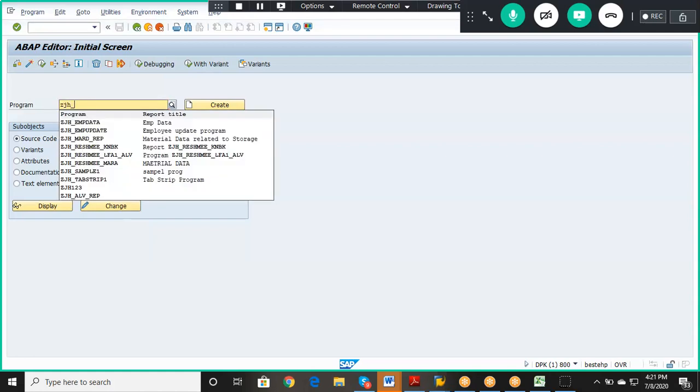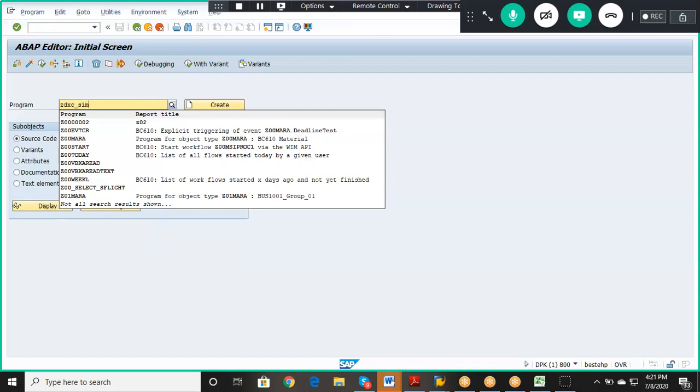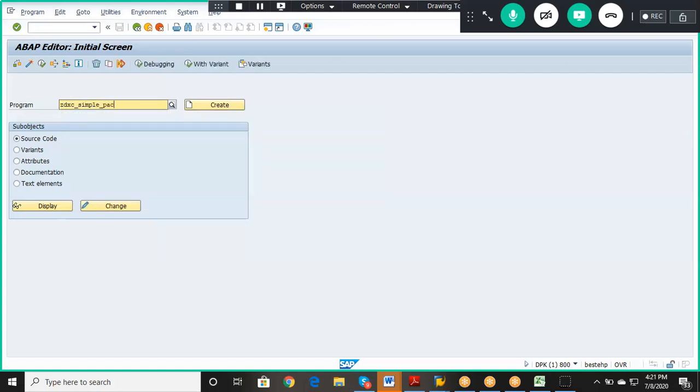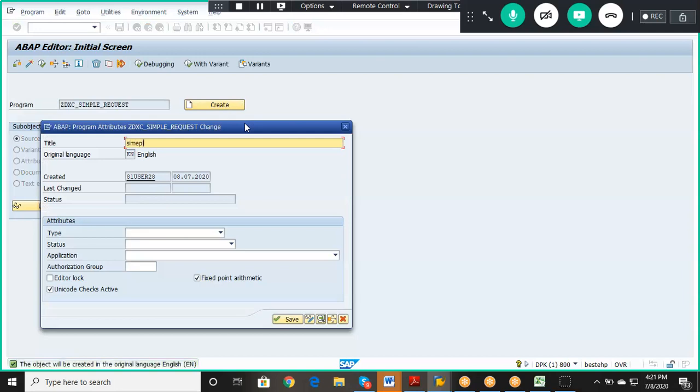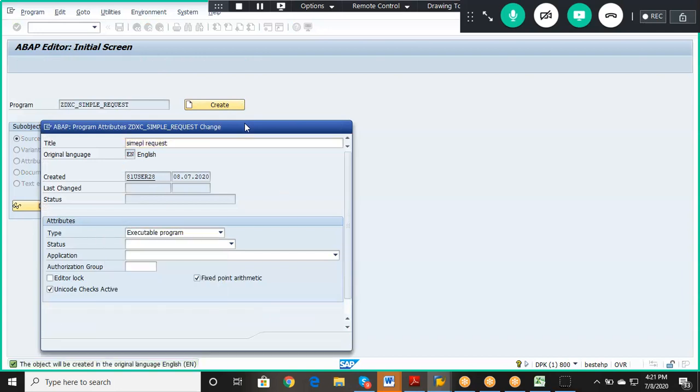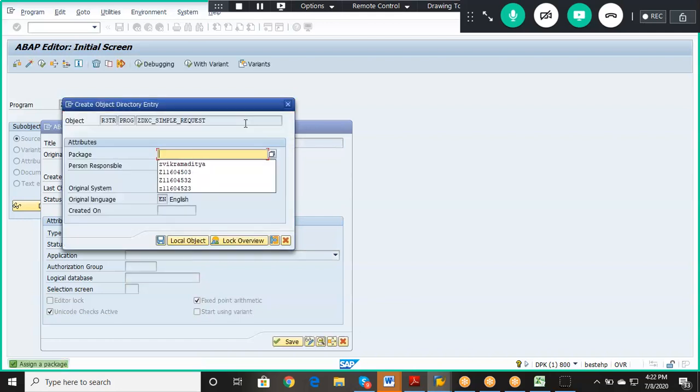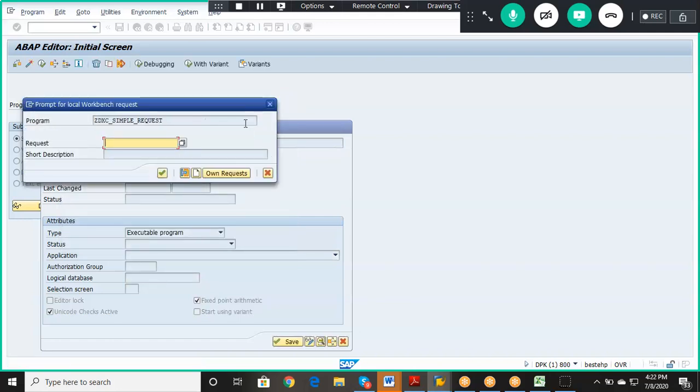So let's create a simple program now. DXC underscore simple request. So the request number we just used has been released. When the immediate past request number is released, this will be blank. Otherwise, it will always show the last used request number. Okay, so we'll click on create